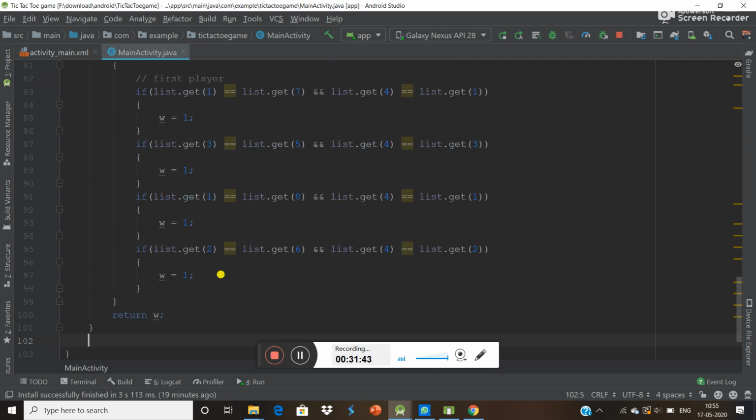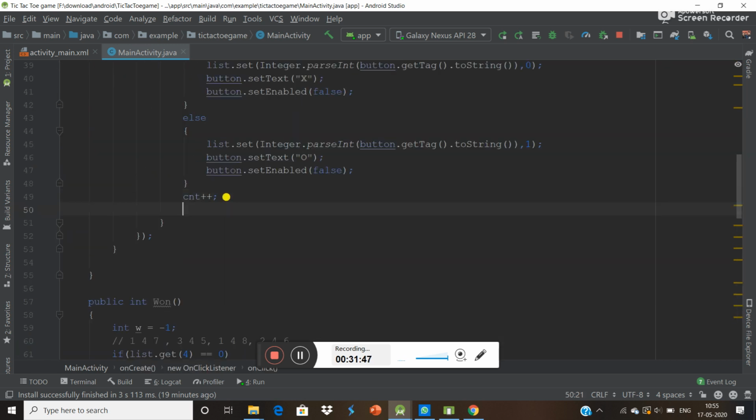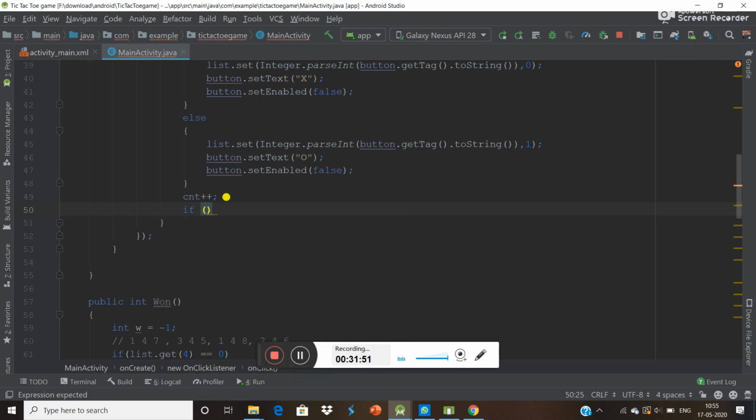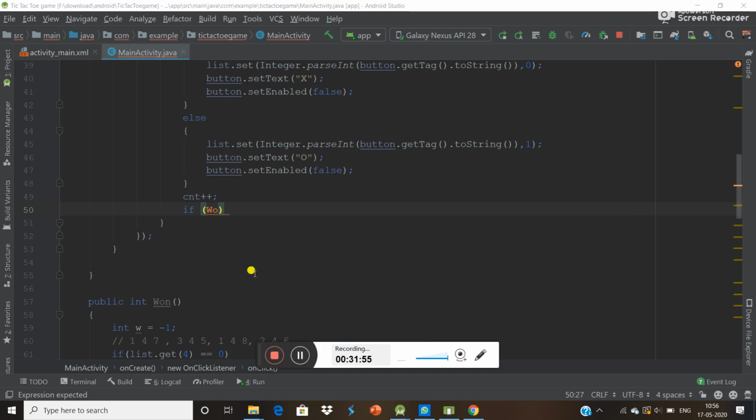So basically now, okay, go here and do one thing. If, what is the name, yeah, if won. Okay, so simply write here the won function, and if this function is not equal to -1,